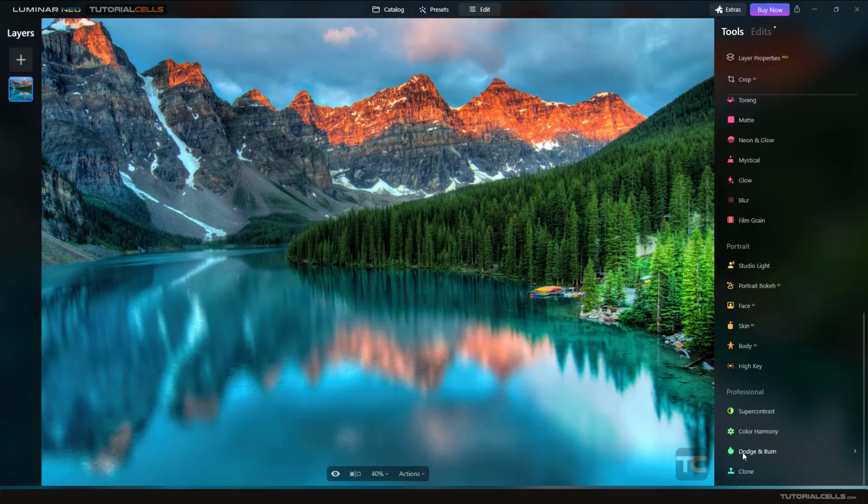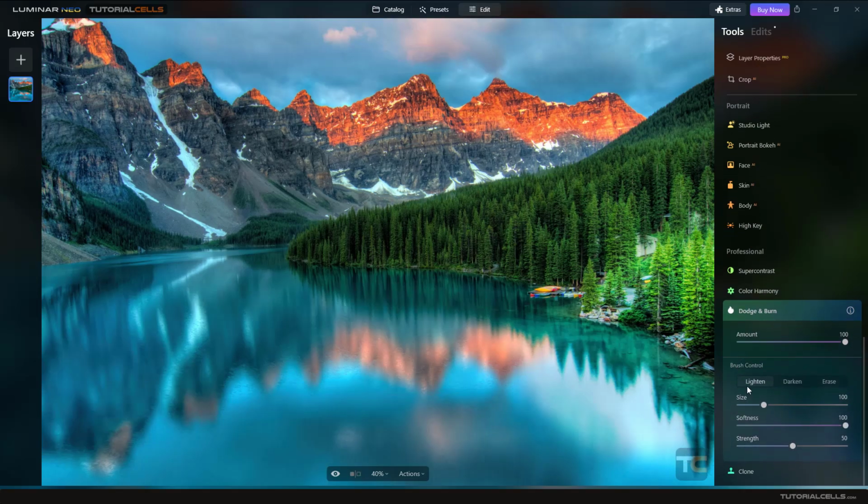Dodge and burn tool. It's very simple. It lightens or darkens the part that you brush. Lighten is dodge, darken is burn. It's automatically set to 100%. It's full. And here you can